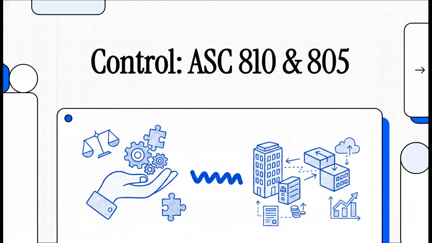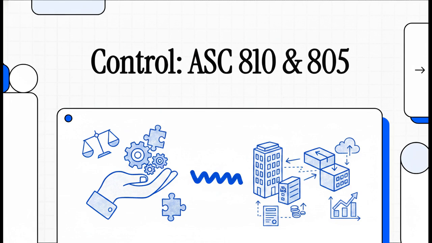Welcome to today's explainer. We're going to unpack a genuinely fascinating question today. What does it actually mean to control a business under the incredibly dense and, let's be honest, often surprising rules of US GAAP? Because as you'll see, control isn't just about who holds the most shares. And buying a business, it's not just some simple receipt of assets. So together, we're going to uncover the two totally distinct sides of corporate control, diving deep into ASC 810-10 and